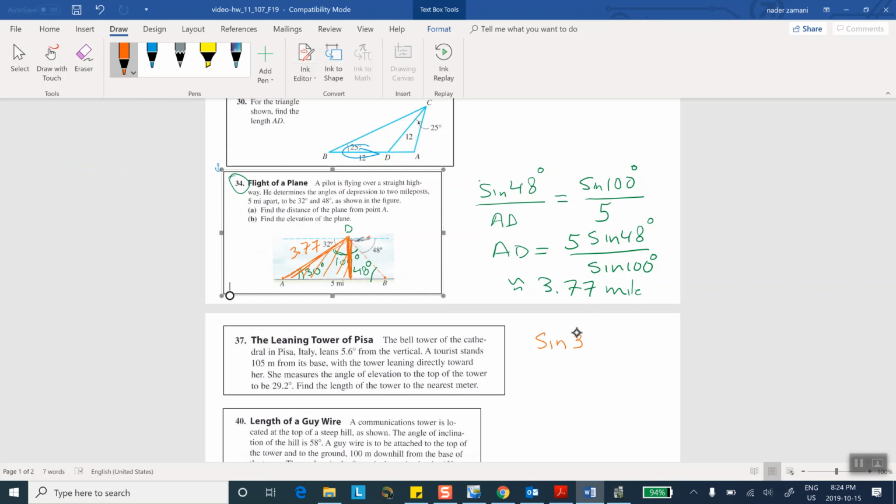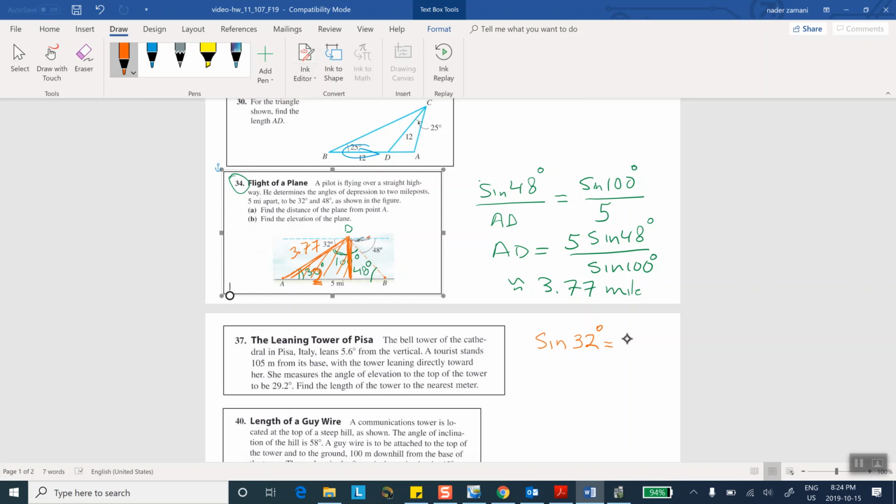Well, you know what? I think I made a mistake. This is supposed to be 32, not 30. But I never used that angle anywhere. I'm going to be using it right there. Sine of 32, although I put down 30, but that's okay because I never used it. Sine of 32 degrees is equal to the